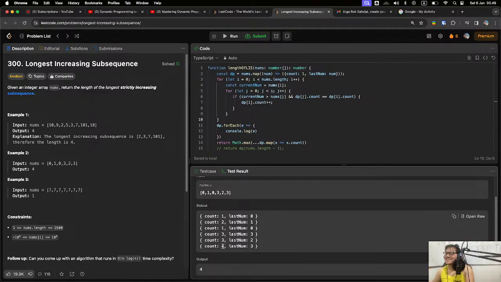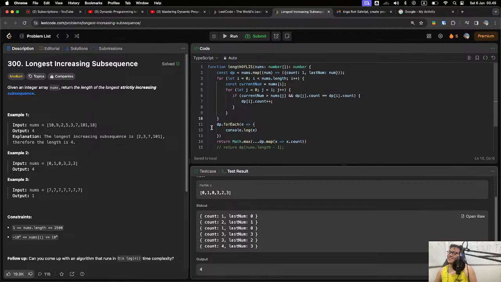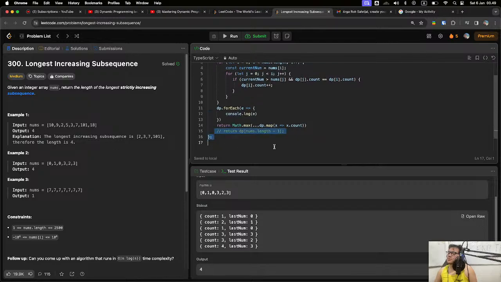I don't know whether it makes sense what I just said, but anyway, this console log is for me to debug my algorithm, and this one is my assumption previously, that I think the last element should have the longest increasing subsequence, but actually it's not necessarily so.